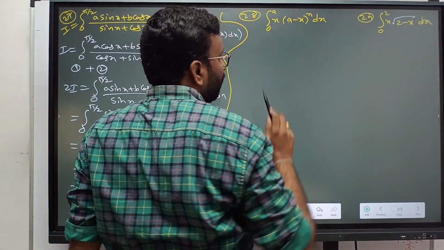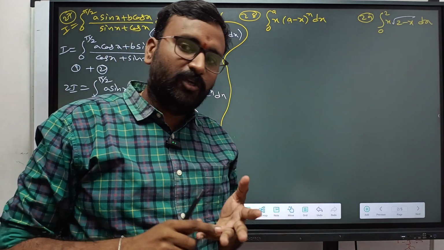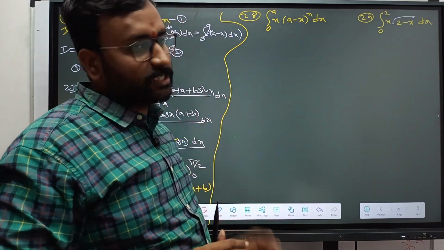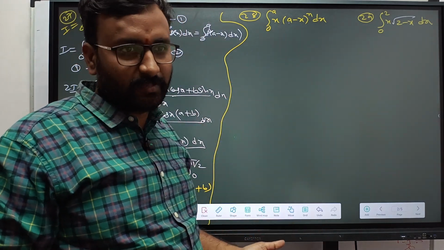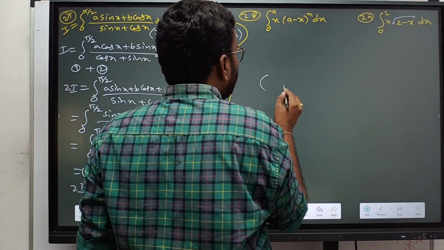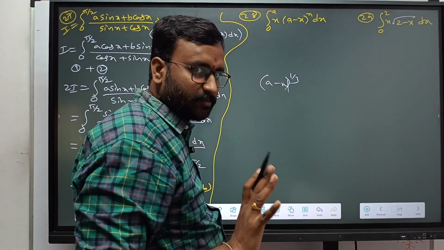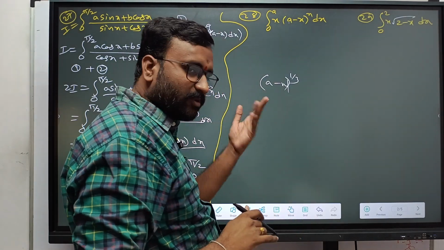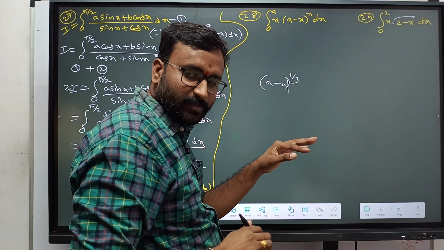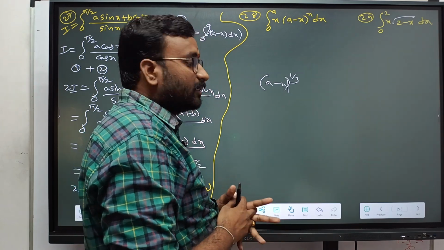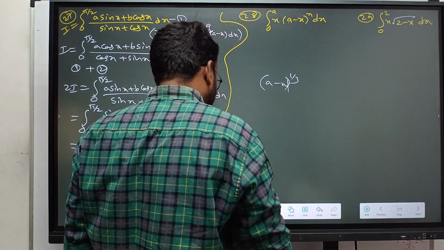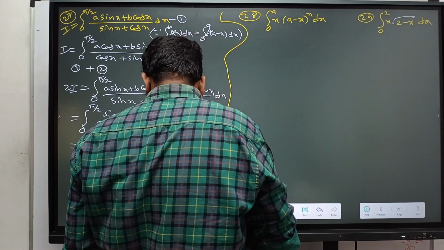a minus x whole power 2, if you have, you can expand. Power 3 you can expand. Power 4 you can expand. Power n we can't expand. And fractions also, a minus x whole power 1 by 3 we can't expand. Power 3 we can expand. a minus b whole cube we can expand, but 1 by 3, 1 by 4, 2 by 5, 6 by 6, 6 by 7, we can't expand. So if you have this type of questions which we can't expand, simply